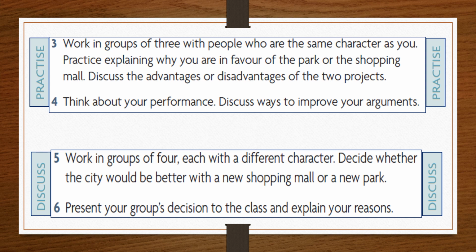Student C, he needs the city more beautiful, so he's with building a park. Student D, he needs to open another restaurant, another business, to expand his business, so he's with a new shopping center. So those who are with building a park should sit together, discuss their ideas together, their advantages or disadvantages,